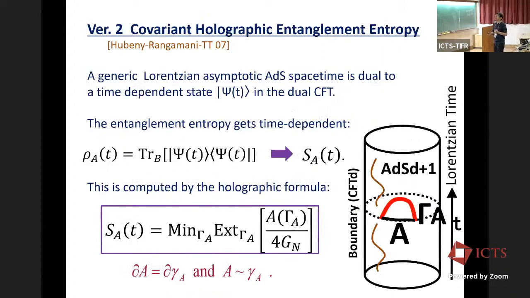And we can go further to reach this covariant formulation. This is time dependent, so we have to take into account full Lorentzian space-time. In that case, we can just pick an extremal surface, which is not minimal, but just extremalises the area functional. So we just calculate this area and then divide it by 4G Newton, and that gives